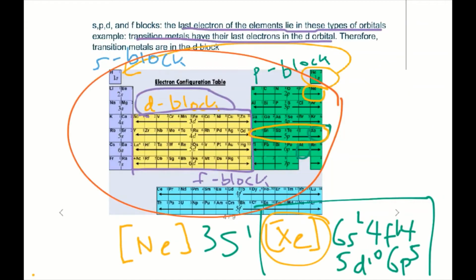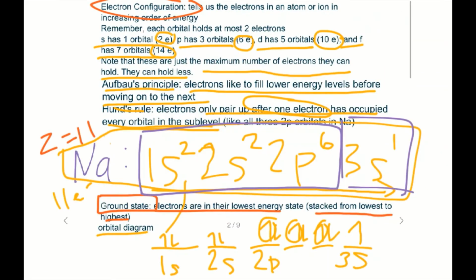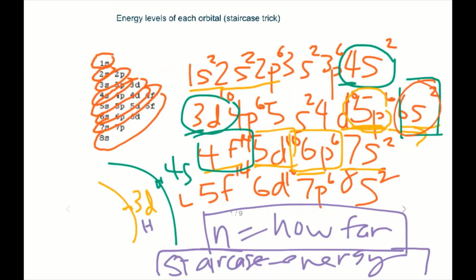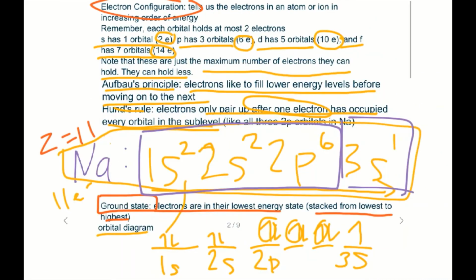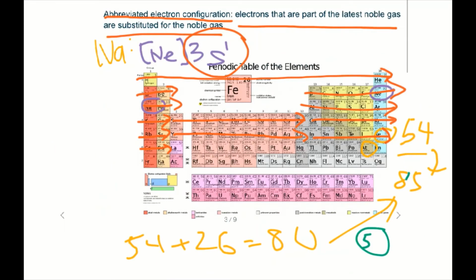So lanthanum's actually in the 5d sublevel, but after 6s, we're supposed to go to, well, the 4f sublevel. So we have to go to the 4f sublevel first, which is down here. So skip lanthanum, and this is 4f14, and then it goes back to 5d10, and then 6p6, and then it goes to 7s2,